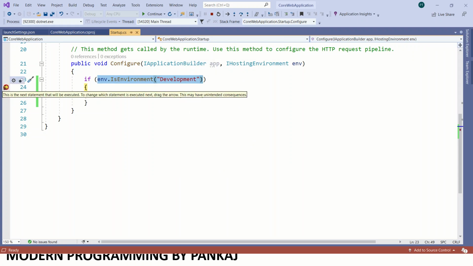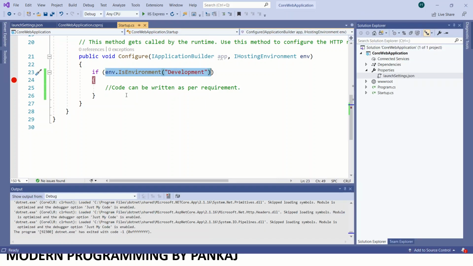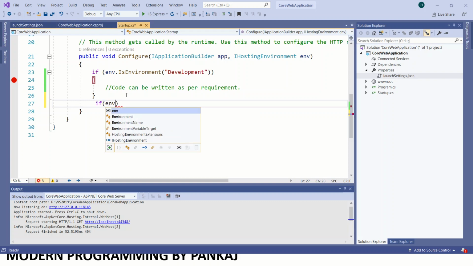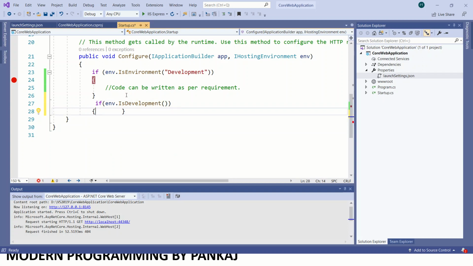Instead of using this, we can also use the built-in methods, or you can say extension methods. You can directly check like this: if env.IsDevelopment, and you can write whatever code is required.